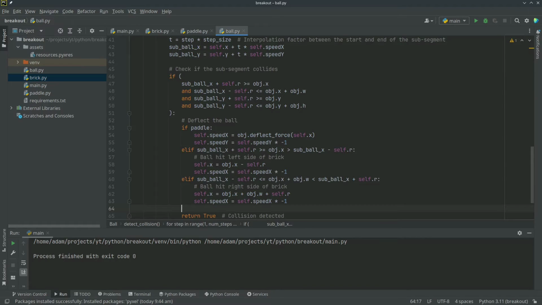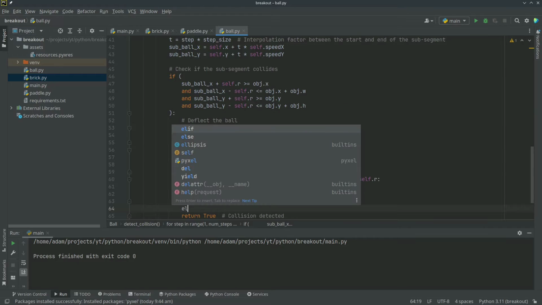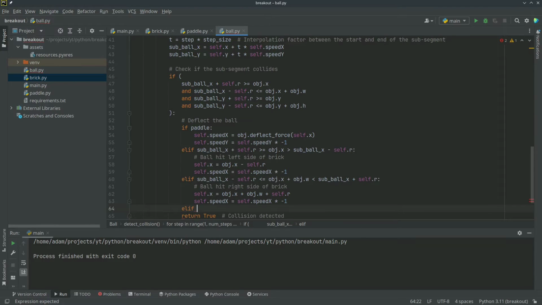Why is that important? Because if you hit 2 bricks right on the corner, it's going to check one brick for a collision, and then if the ball is actually inside of that brick, then it's going to collide with the other brick as well. We don't want it to be able to accidentally hit too many bricks. So let's check for top. So else if